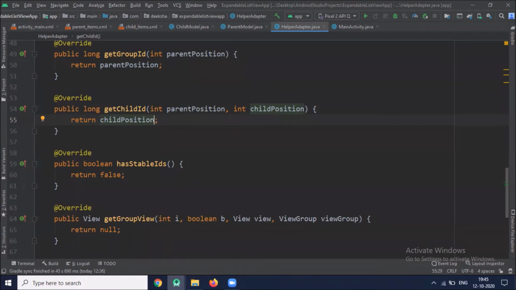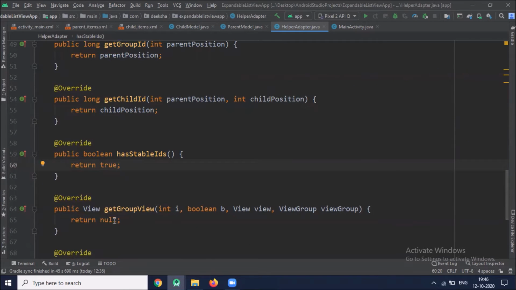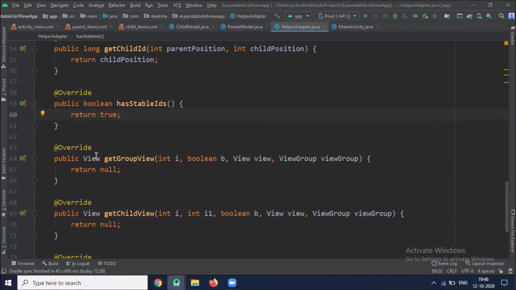Now has stable IDs, and this method we are using to check whether the child or group IDs are stable. Here we set true. Now get group view, and this method we use to create a group or parent view.